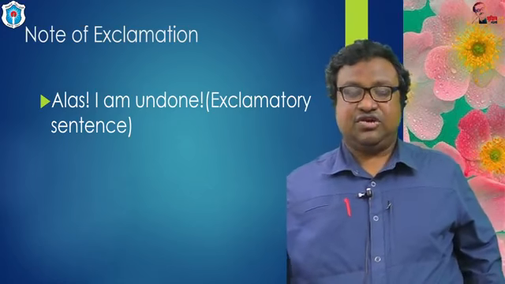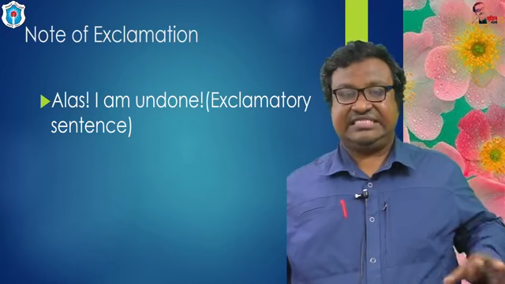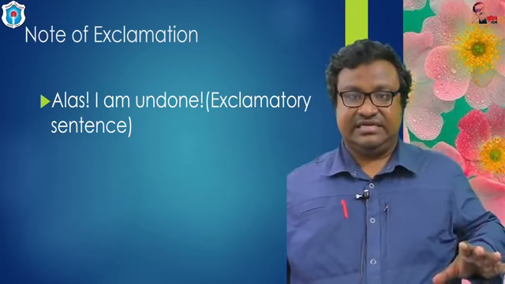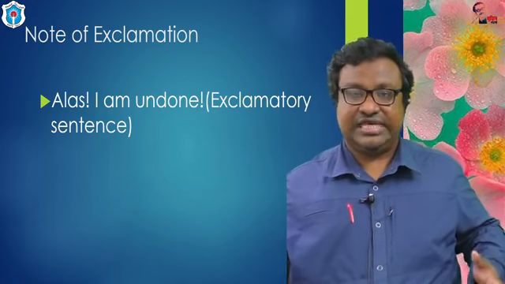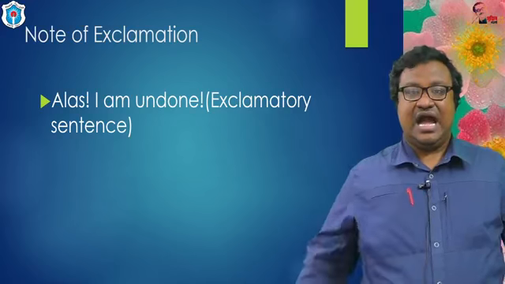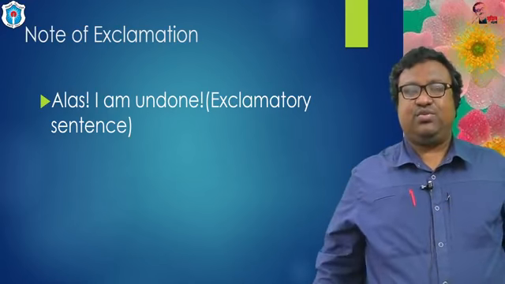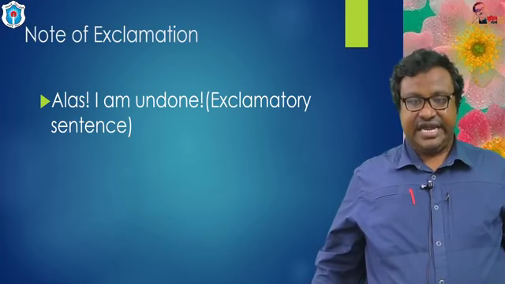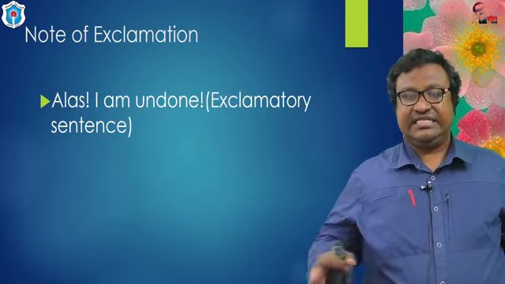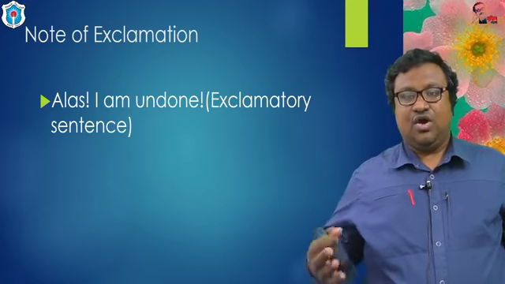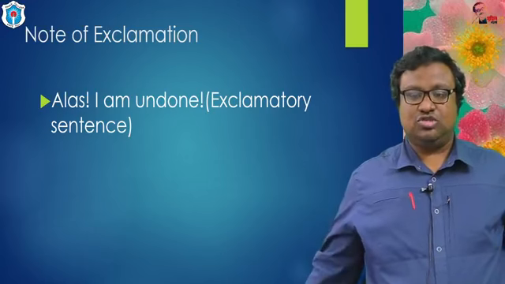So in case of exclamatory sentence we will use note of exclamation, but if the exclamatory sentence has been turned into an assertive one, then we won't use any note of exclamation, no matter how emotional even that assertive sentence is. That mistake we often make in case of direct to indirect speech conversion. When we are converting the direct speech into indirect one, often we keep the note of exclamation. We should not do that.